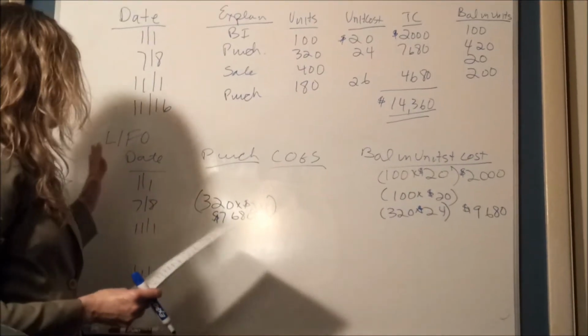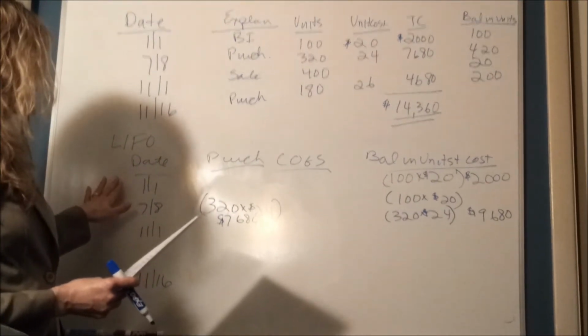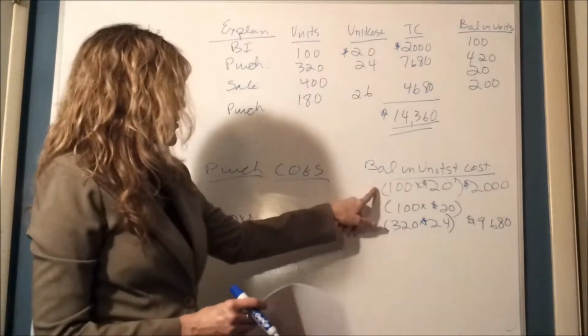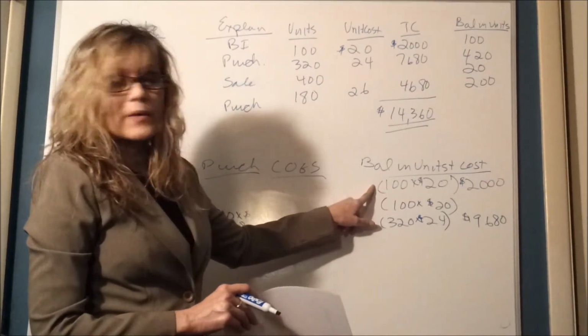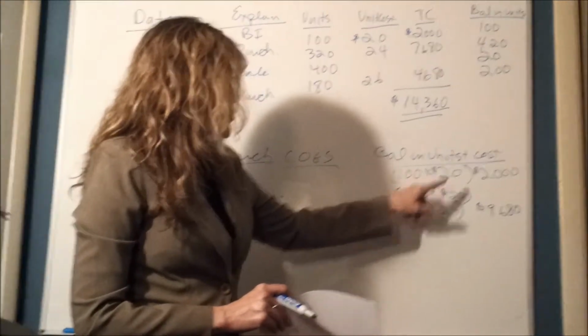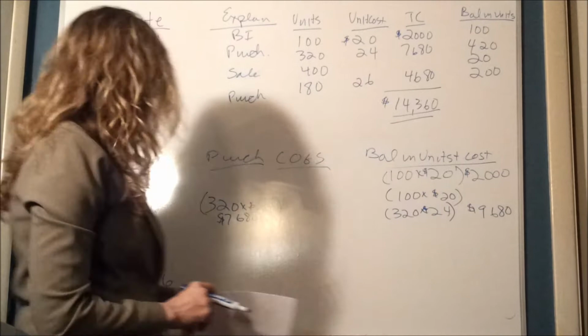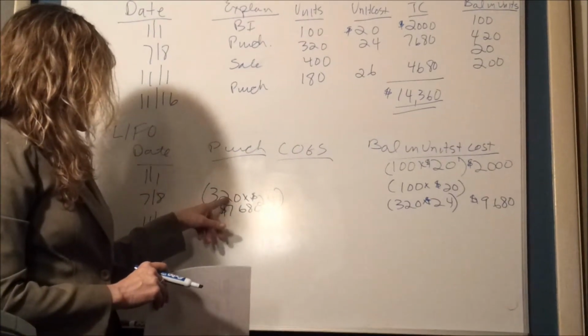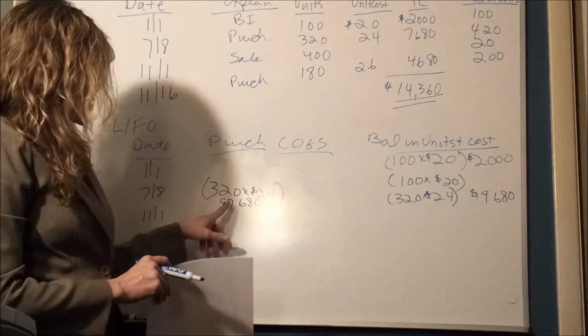Okay, now let's take a look at LIFO. If you'll notice, our beginning inventory on January 1st is calculated exactly the same way we did it with FIFO. We're taking our units, 100 units at $20 a unit for $2,000. Our first purchase, July 8th, we purchased 320 units at $24 a unit for a total of